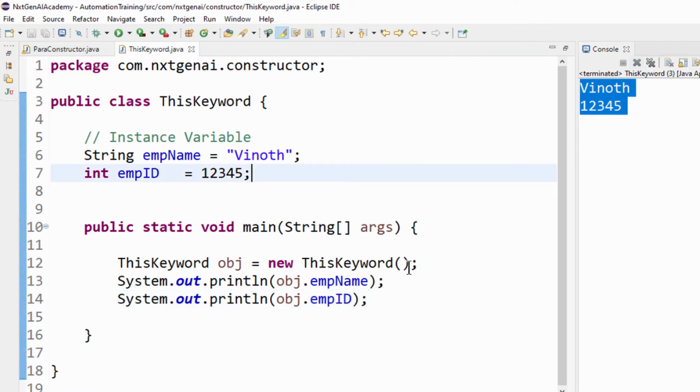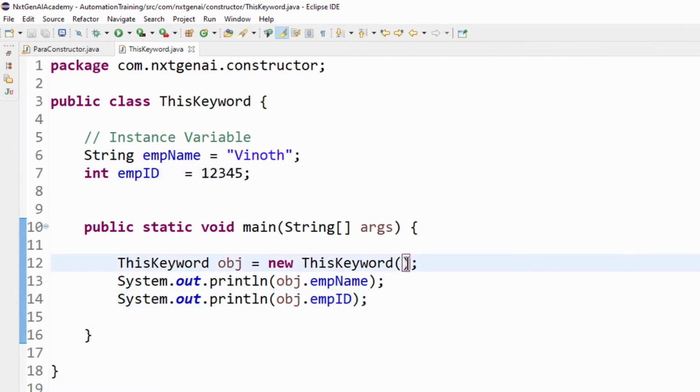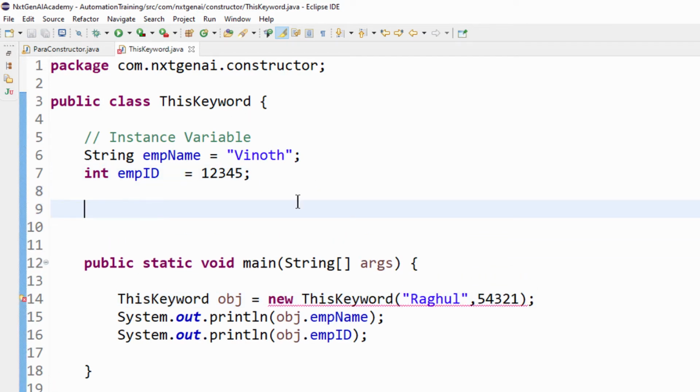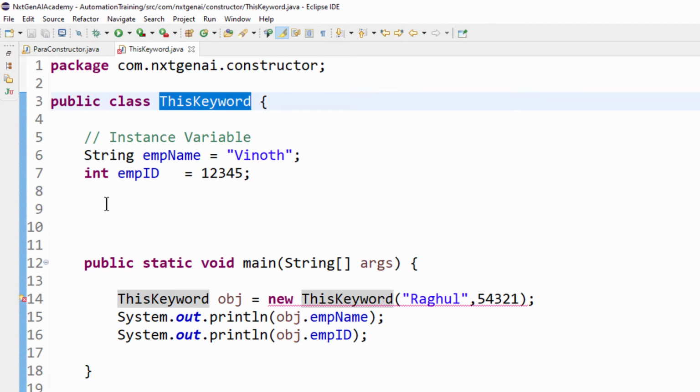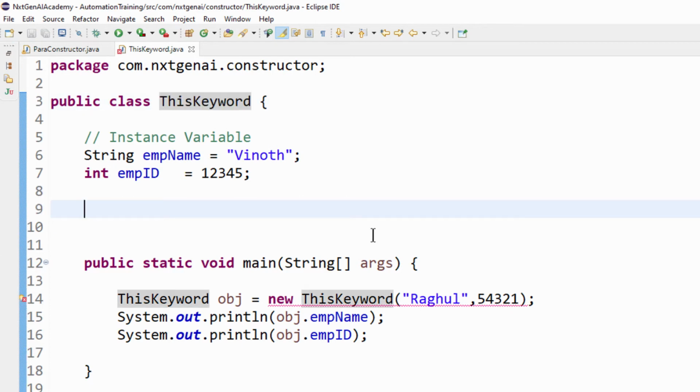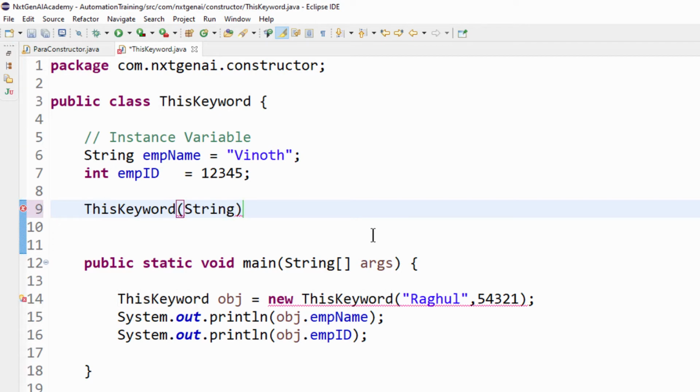Now let's implement the constructor concept. This time we are passing the value Rahul and an employment ID. It's a parameterized constructor. To create the parameterized constructor, the method name must be the same as the class name. Then mention the two arguments, string employment name. Initially we used a different name.